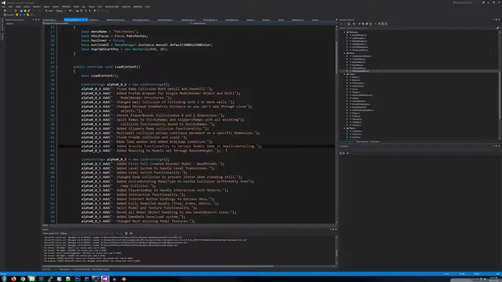Next week I'll probably keep fleshing out the collision and getting the physics system to a standard in line with other 3D games. And then I'll probably work on fleshing out the prefabs a bit, getting some good house prefabs in, and then start. I was thinking last night, like